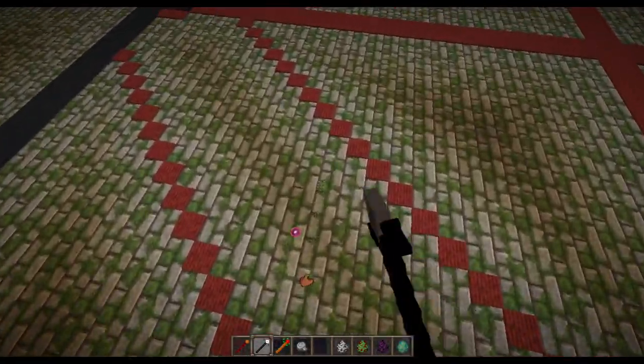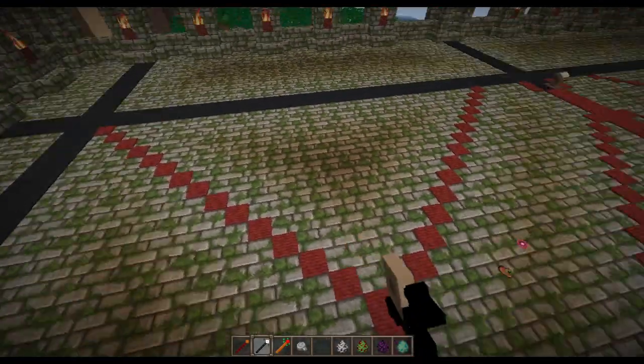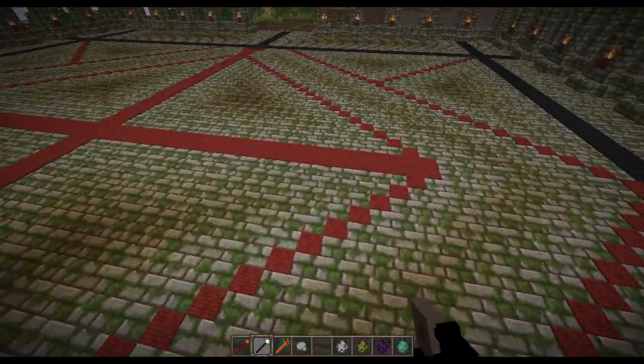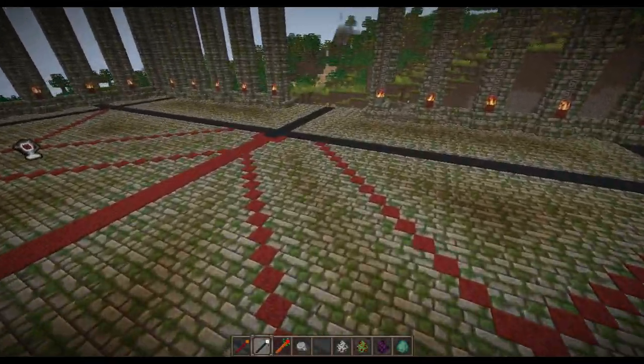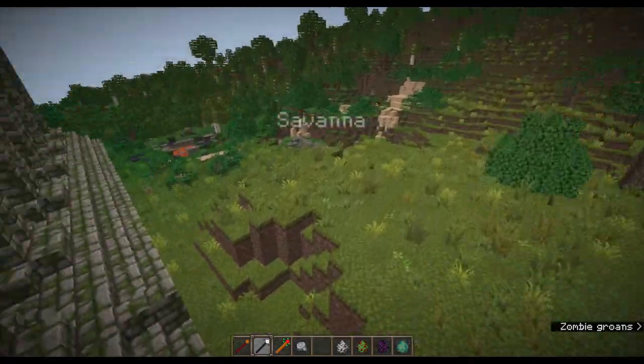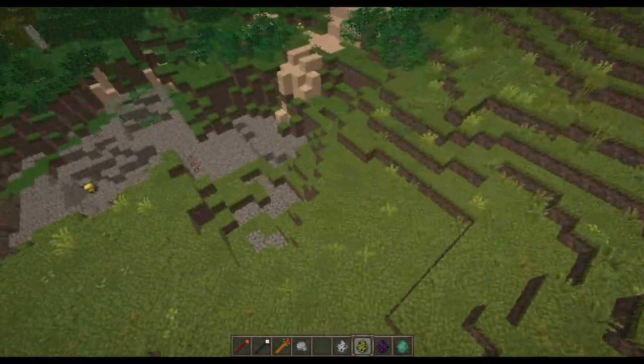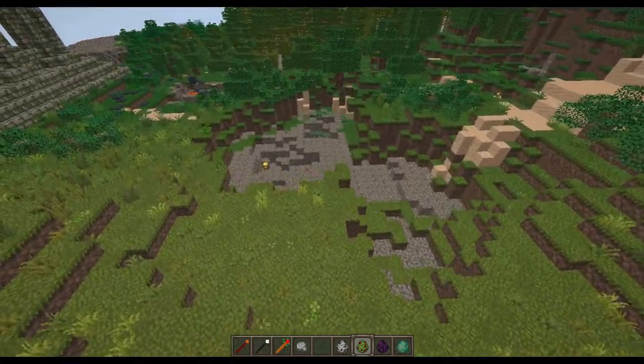See, the ogre dropped his stuff. Why didn't the mutant zombie or mutant husk drop a Hulk hammer? Is it like this variant just drops rotten flesh? That's kind of disappointing. Anyhow, I want an outside area for the mutant creeper, and you can tell I've tried